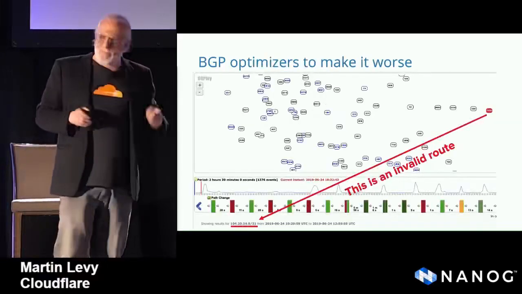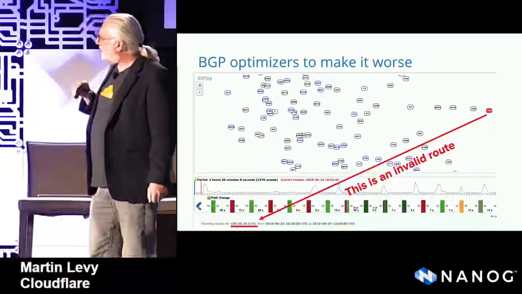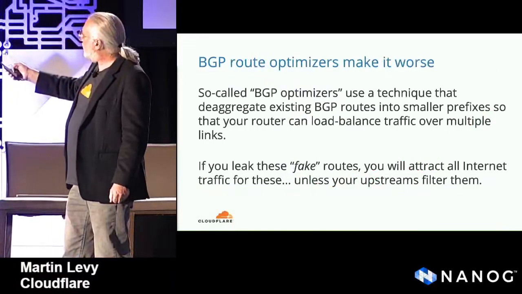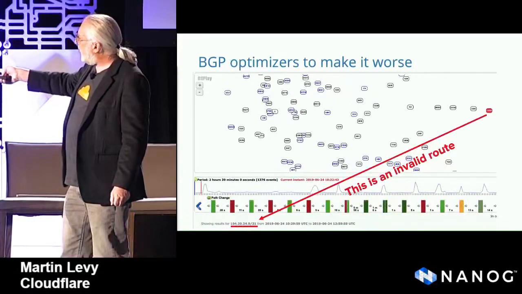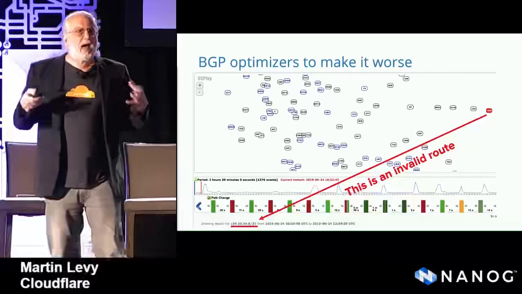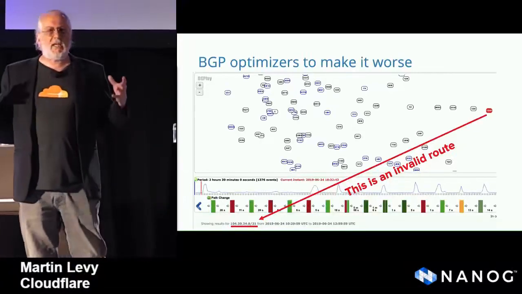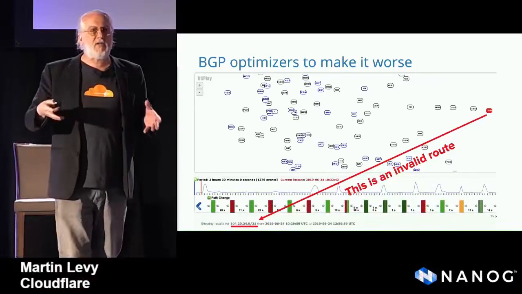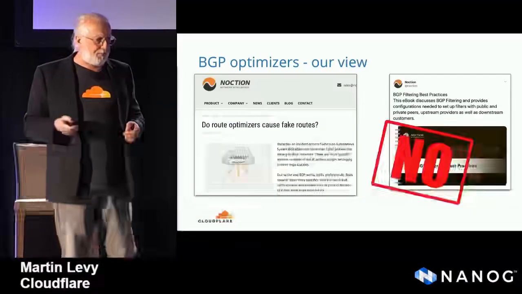Well, this is the same diagram. It doesn't have the same animation on it, but simply put, although the AS is there, as it was in the previous diagram, the route that I showed you with all that movement is in fact not our route. It is generated by a route optimizer, and it is out in the loose. It is out in the rest of the world. And the route optimizer has not kept the route inside its particular customer network.